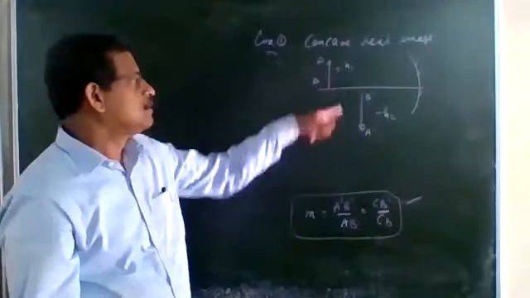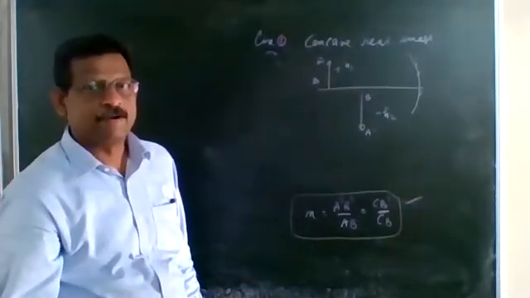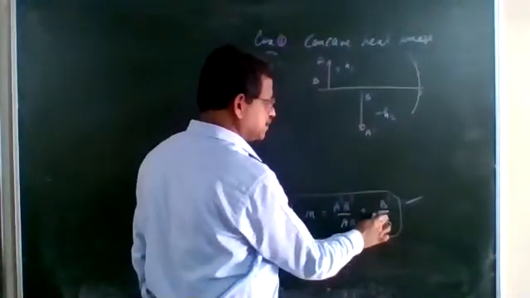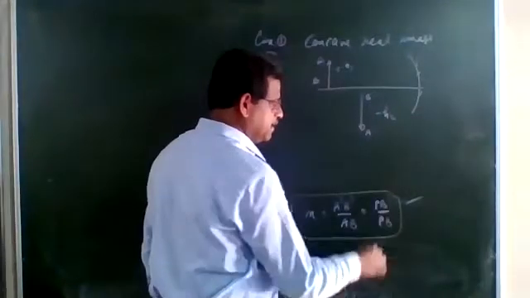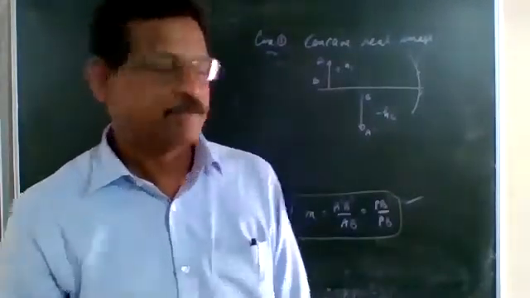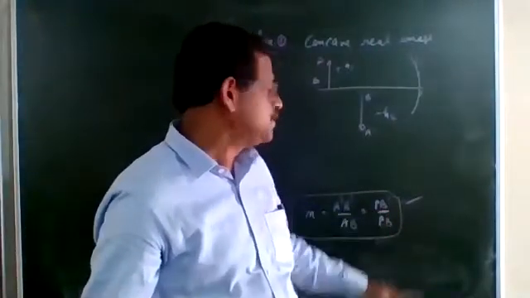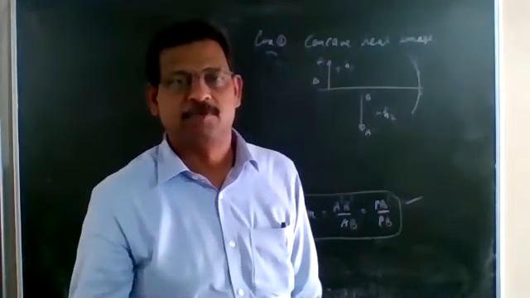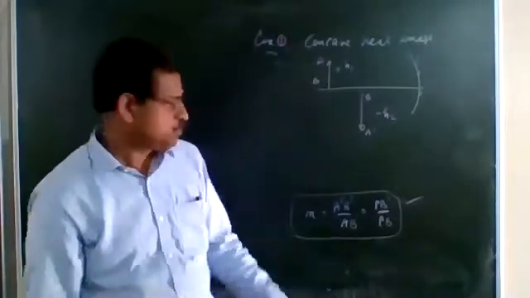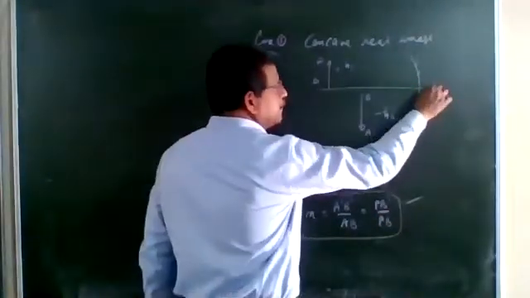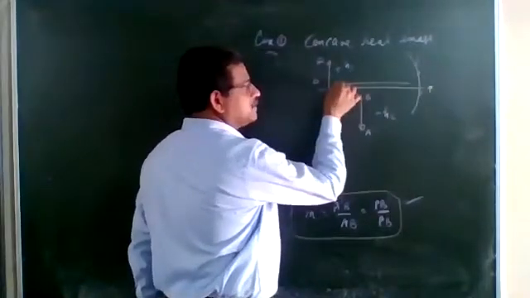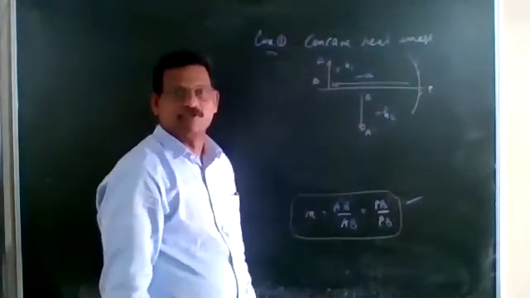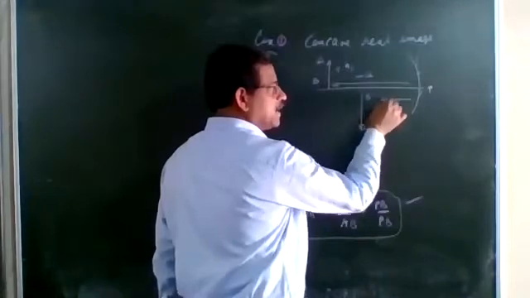And here you have to write P B dash upon P B. It is not C P dash; that is the second pair of triangles. You will change the equation: not C P dash, but P B dash divided by P B, from the second pair of triangles. Measurement should be from P. Object is always on the left side, so object distance is minus. For a real image, that is also on the left side, so minus.